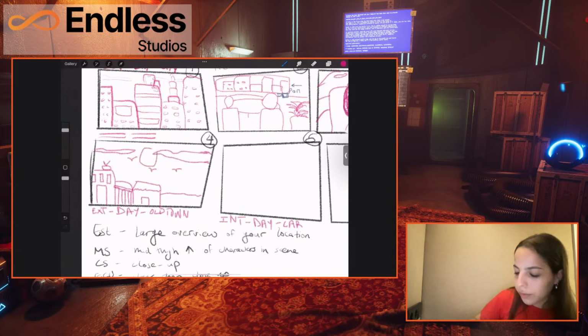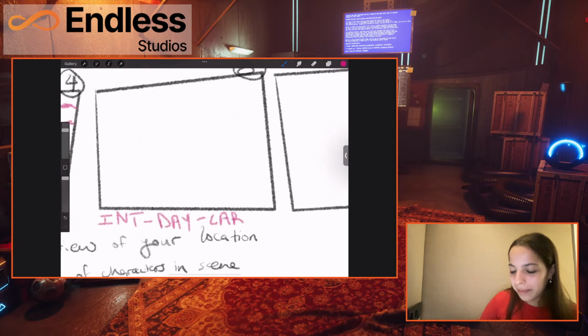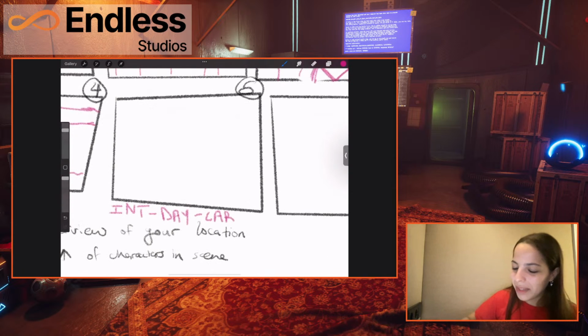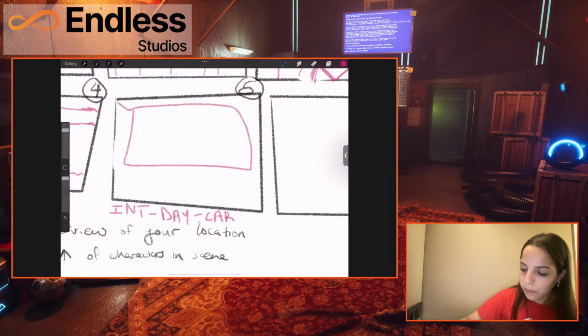Let's include a sun here too, just because I like including suns. Also because it's daytime. So now I'm going to have the window. Wait, let me fix this. It's a bit of a crappy window. Yep. This is the front window of the car.